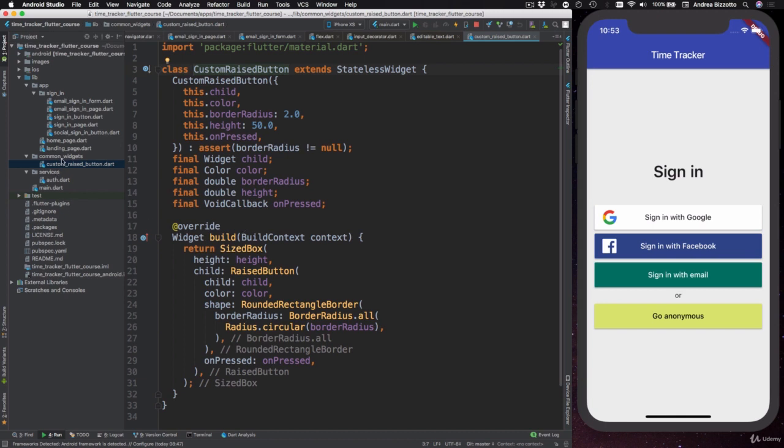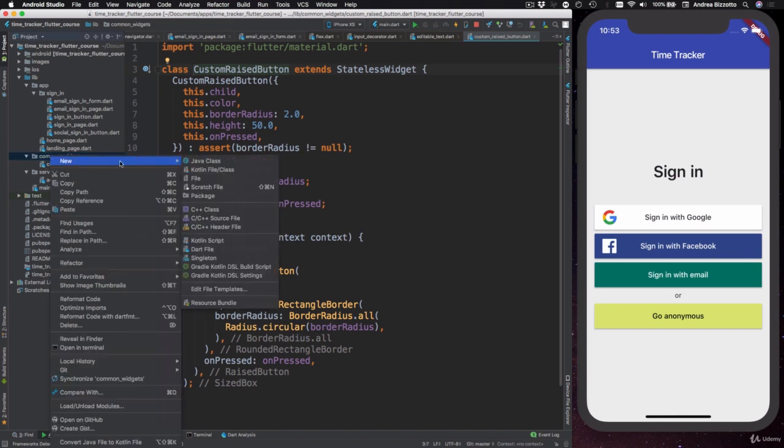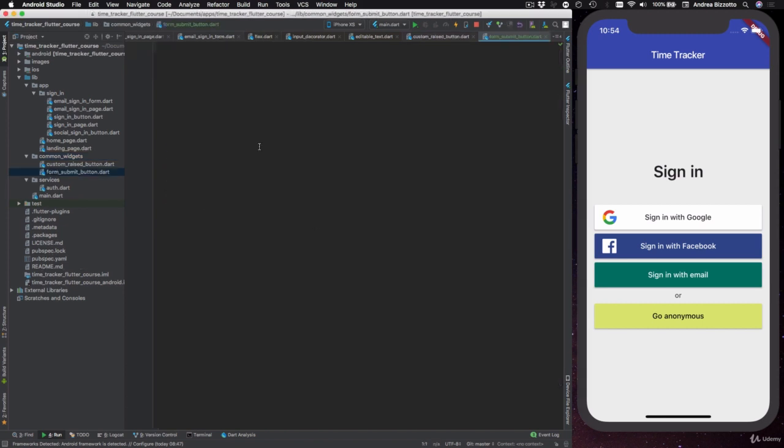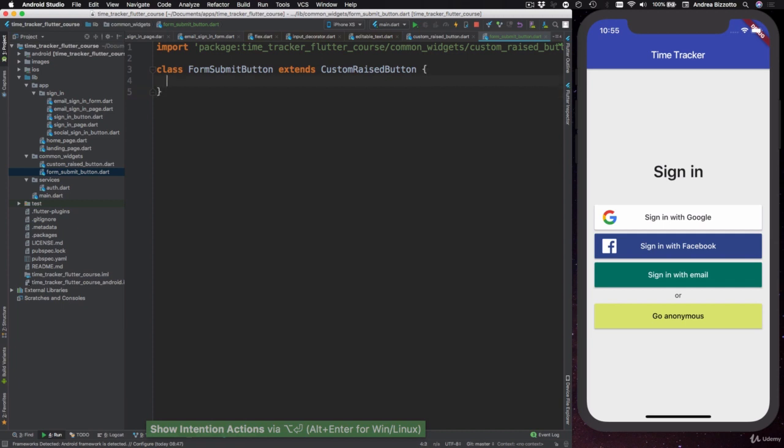button. So we can head over to the common widget folder and we can create a new file which is called FormSubmitButton. And here we're going to type in class FormSubmitButton extends custom raised button. We're going to import custom raised button, and here we specify a constructor